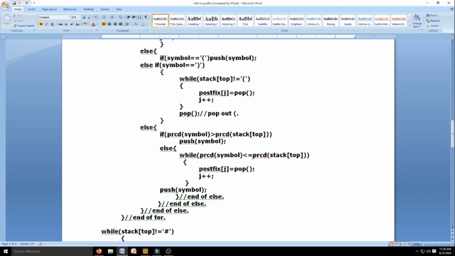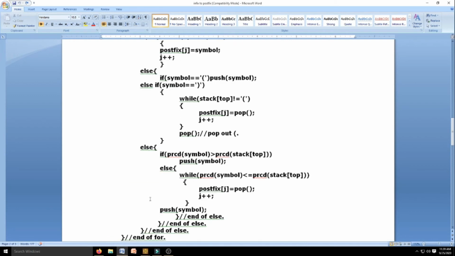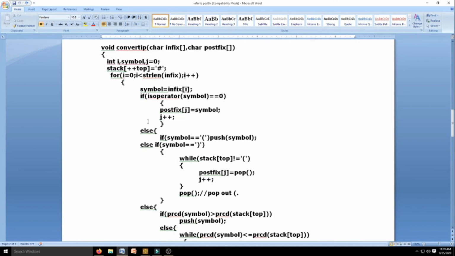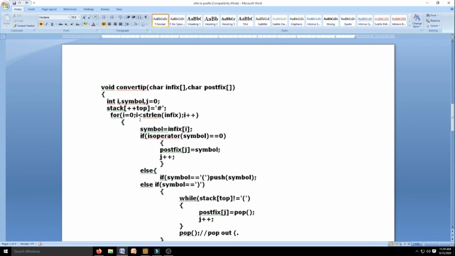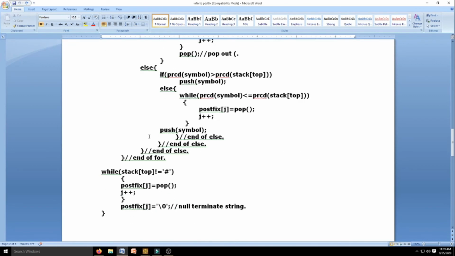Once this has become greater, then you push this symbol into the stack. So like this I am doing this. Then close this else, then close this else, then end of this else, then end of for loop. So this is what I am doing: convert from input to expression whenever you get an operator. This is the for loop for all the input symbols. When you complete all the input symbol operations, if it is an operand, simply transfer it. If it is an operator, as per this I'll be doing it.